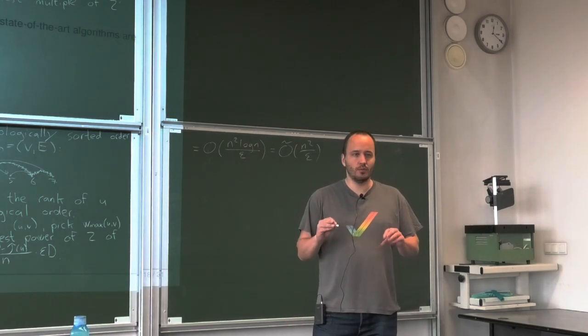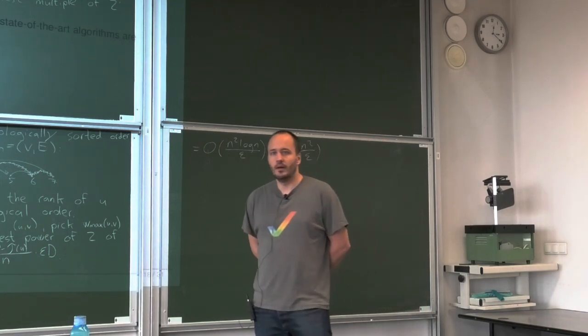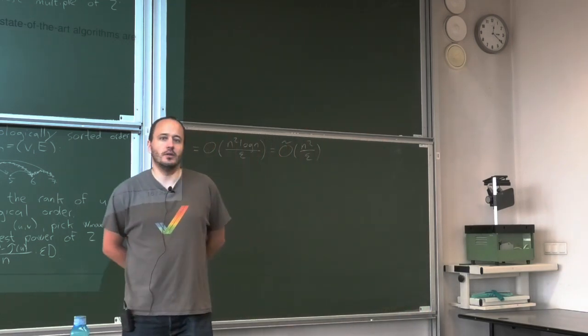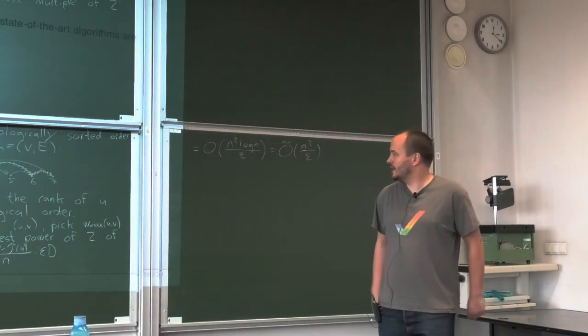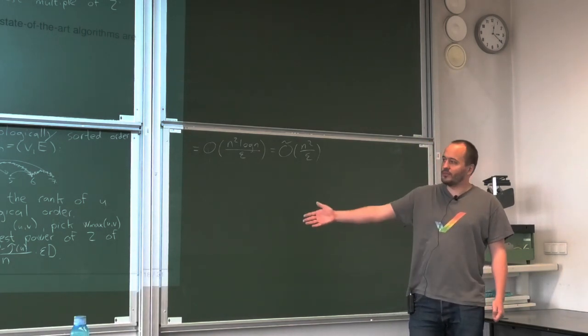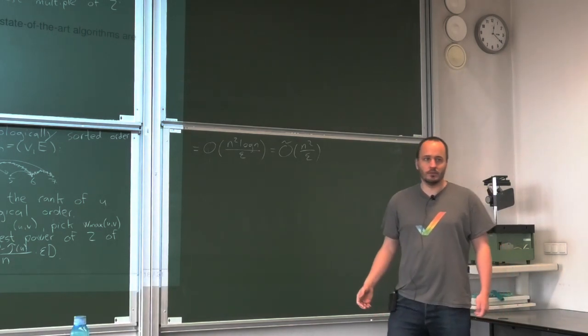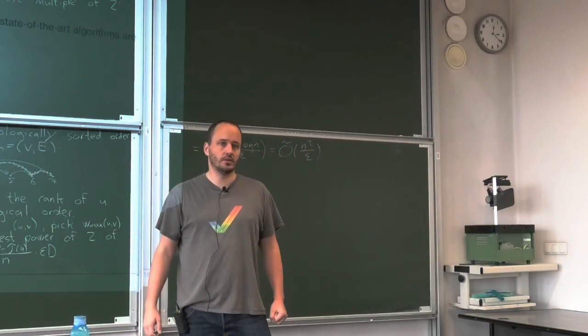Like, can you contract? What would you contract to get a directed acyclic graph? Strongly connected. Yeah, strong. If you contract all the strongly connected components, you get a DAG, right? So the first idea we could try is, we have an algorithm for DAGs, we want an algorithm for general graphs, we just take our general graph and contract all the strongly connected components, and then we run this